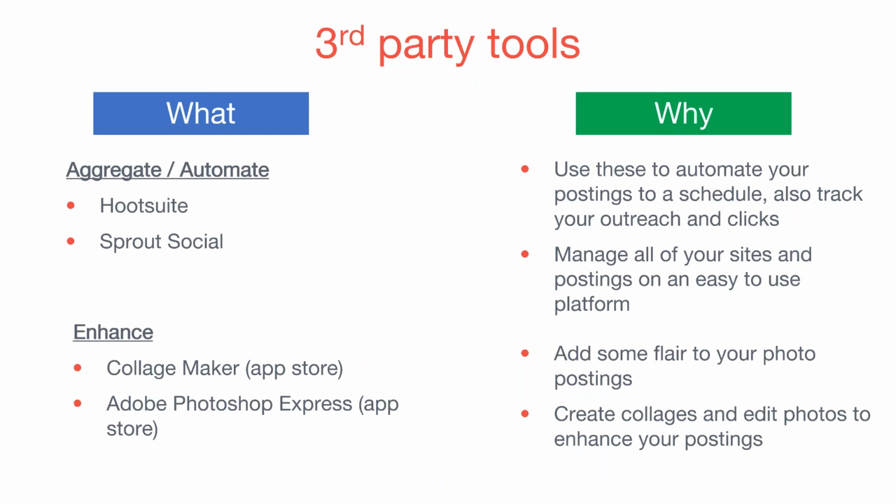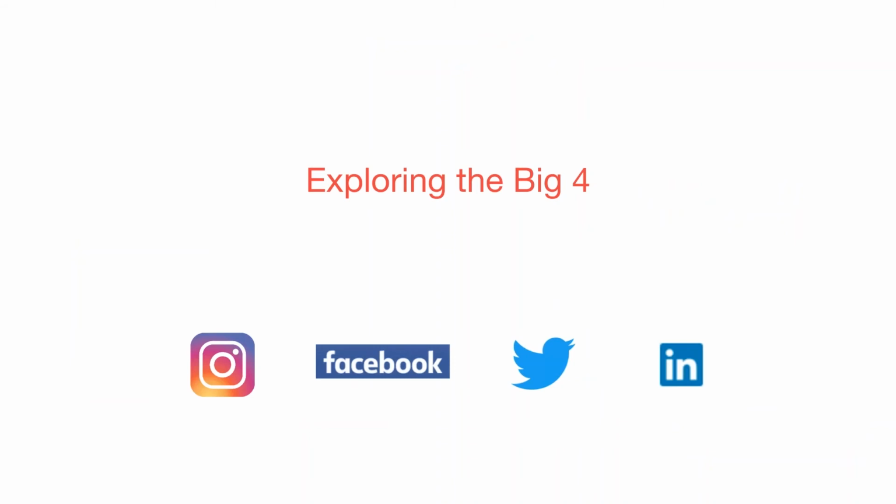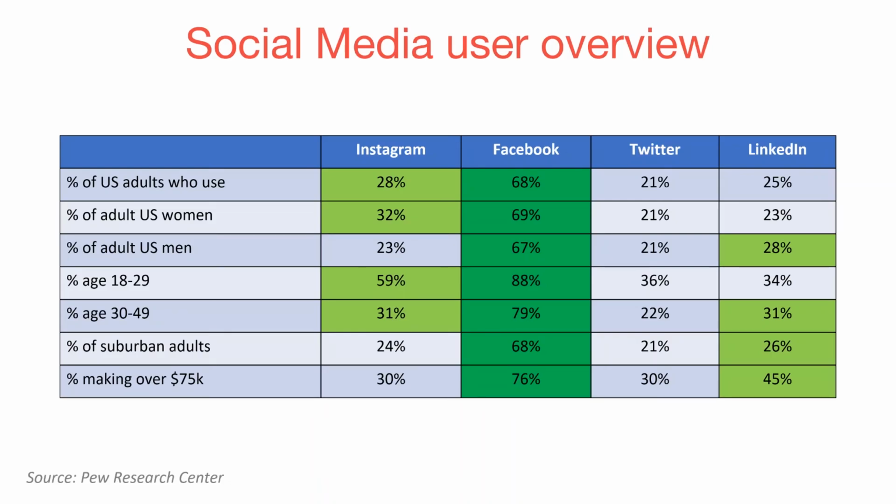All right, so let's explore the big four in social media. Those are Instagram, Facebook, Twitter, and LinkedIn. Let's take a look at the social media overview. Your key takeaway here is I want you to look at Instagram. 59% of the age 18 to 29 range are active on Instagram. 88% are active on Facebook. And another area to focus on,